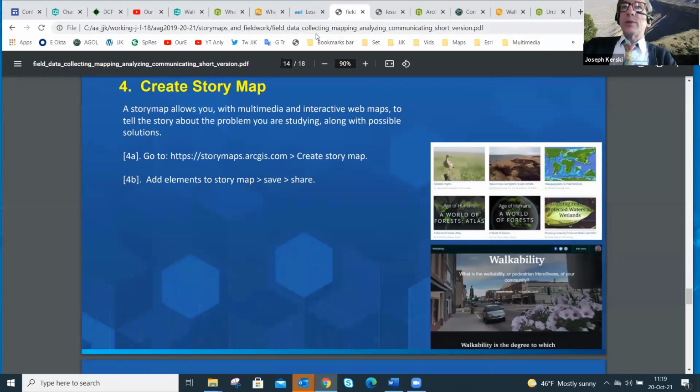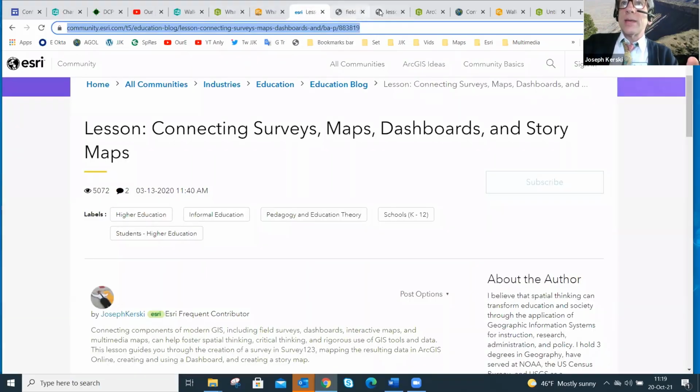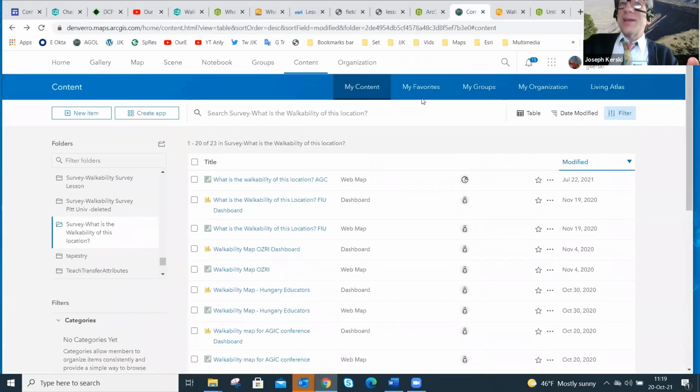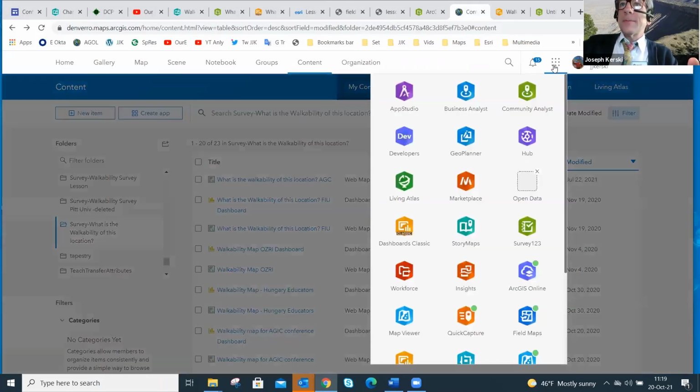So, okay, how do we do that? One of the ways to do that is we'll go into the ArcGIS Online zone. And remember, there was the application launcher. So let's go ahead and go into, if I can find that tab that goes into, here we go. If I go into this, remember this thing? I can get into story maps here.